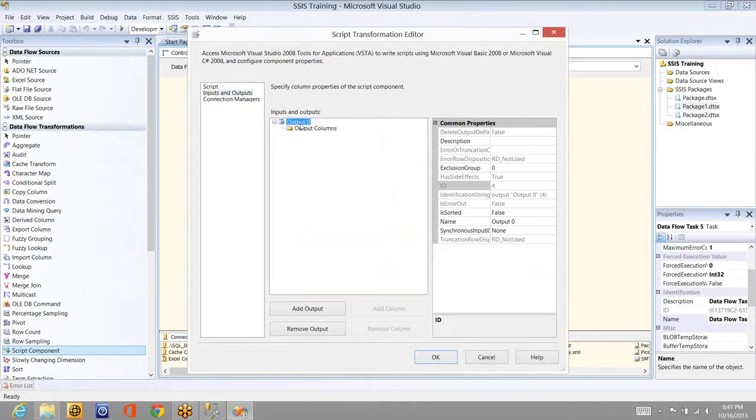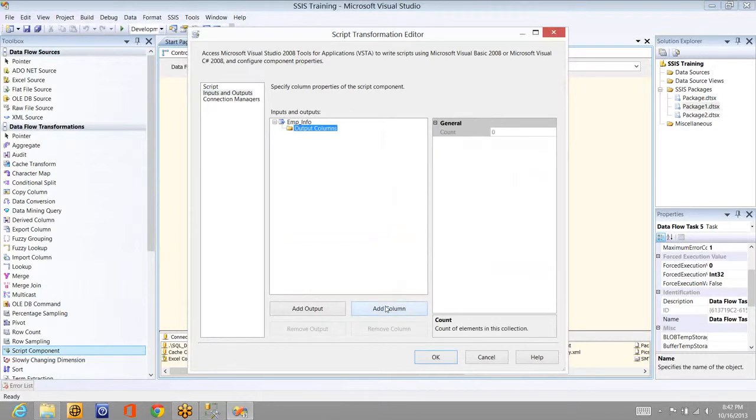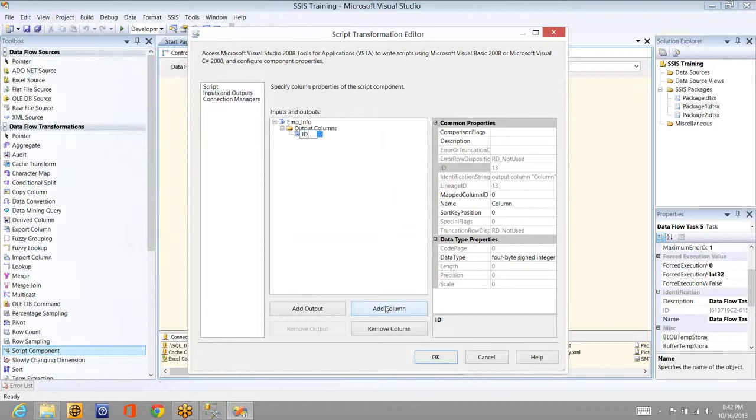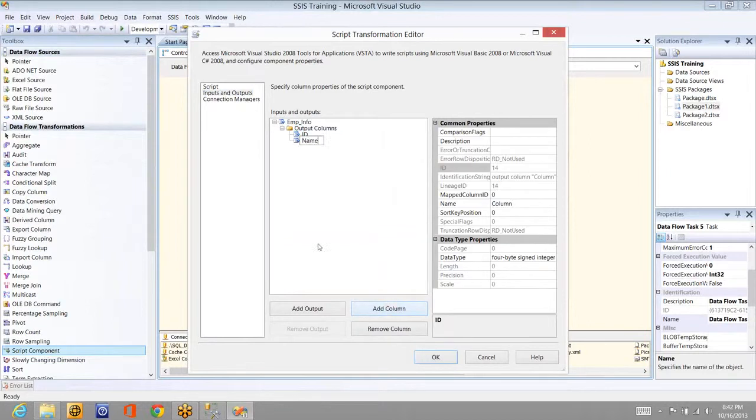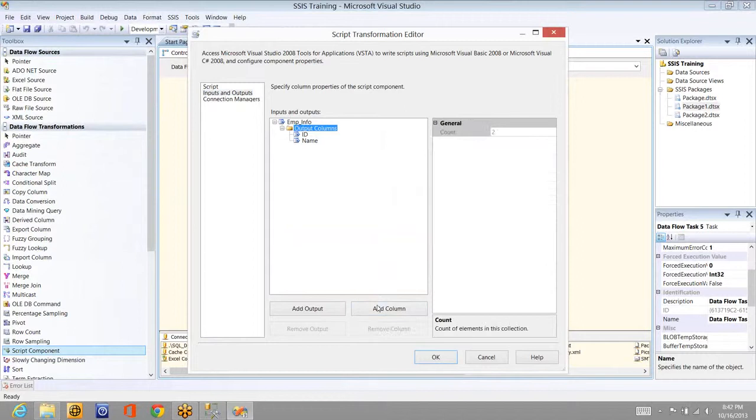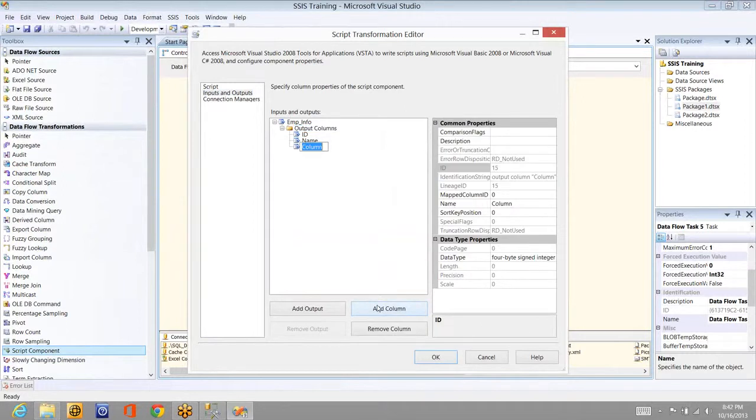This is the first output you're having, and I'll name it as employee info. Okay, I'm naming the output as employee info. For that, I need to add columns like ID, and let me add one more, name, and let me add designation.